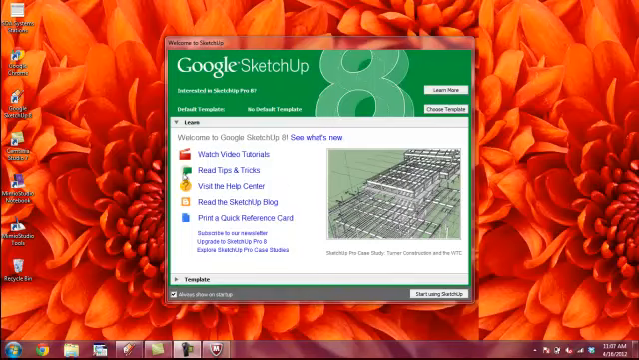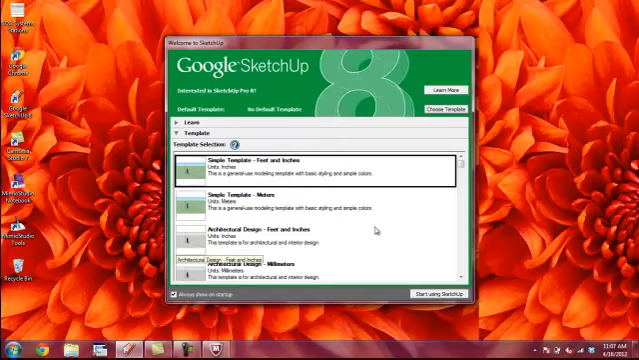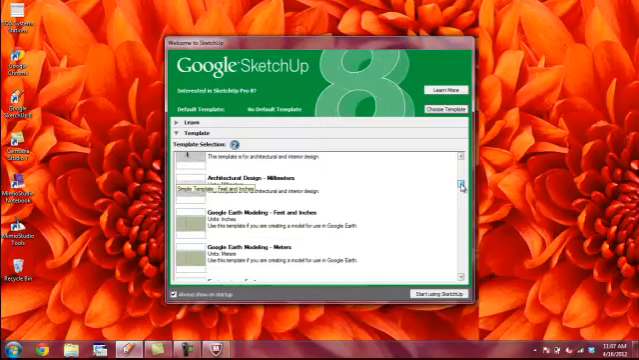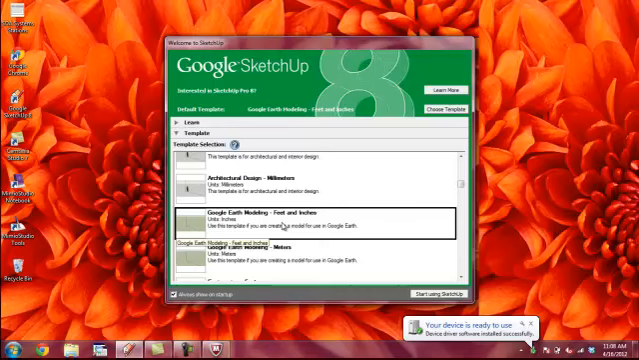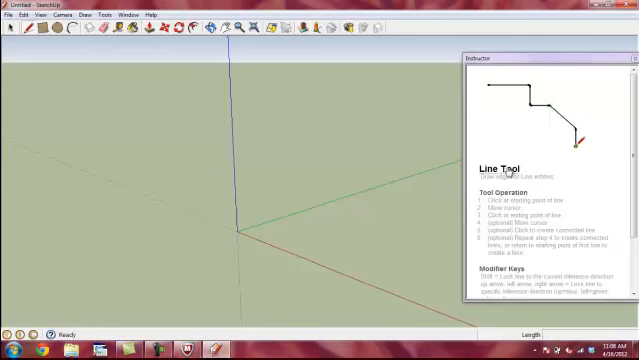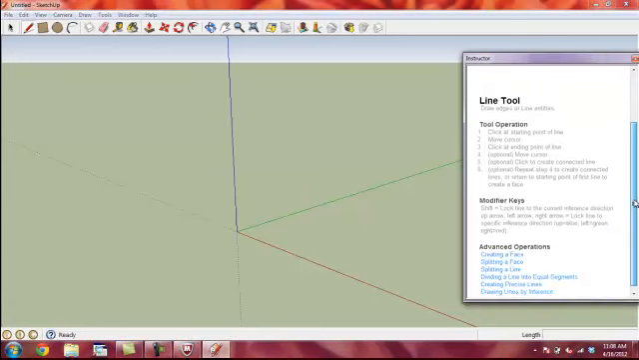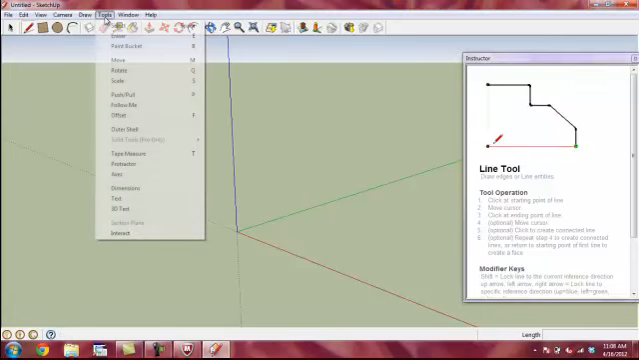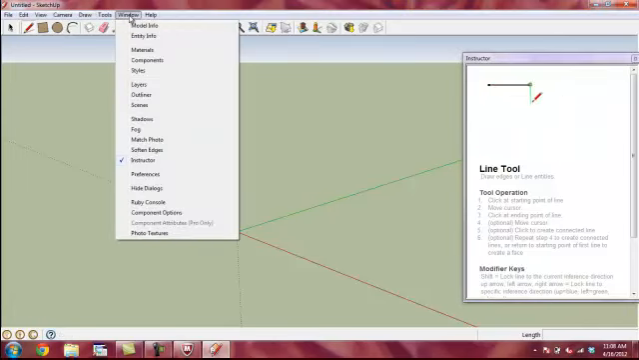So if you start Google SketchUp, then you choose template. There are some different kinds of templates here, and you guys have probably been using the simple template. We want to use the Google Earth modeling in feet and inches, so that's probably the biggest step here. And we're going to go to Start SketchUp, and it actually gives me some instructions over here. The first thing we want to do is to get in our picture of your building